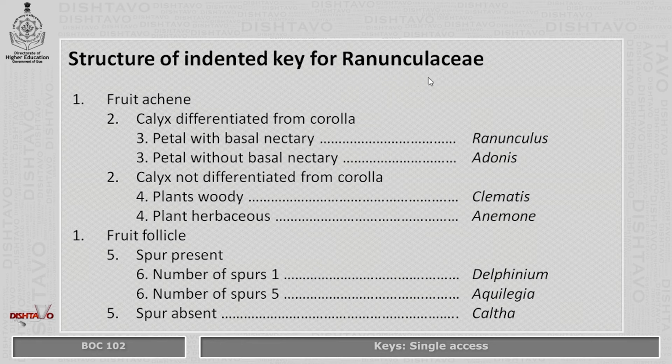So in this indented key, you can see the statements or the leads of the first couplet are far separated, whereas the subsequent couplets are closer. And there is space left from the margin and hence it shows indents. That's the reason it is also called indented key. And the taxa which are identified in this key are nestled in the form of yokes, in groups. This is one more reason why this key is known as yoked key.